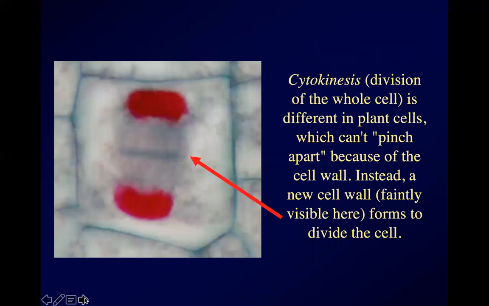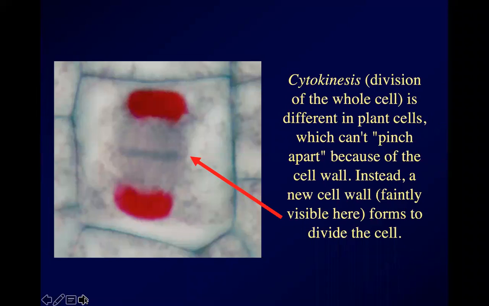You can't do this in plant cells because of the cell wall. Plant cells can't just simply pinch apart. Cytokinesis in plant cells looks a little bit like remodeling a house. If you have a big room and you decide you want two, you can just build a wall down the middle of the big room. And this is what plant cells do. They'll build a new cell wall